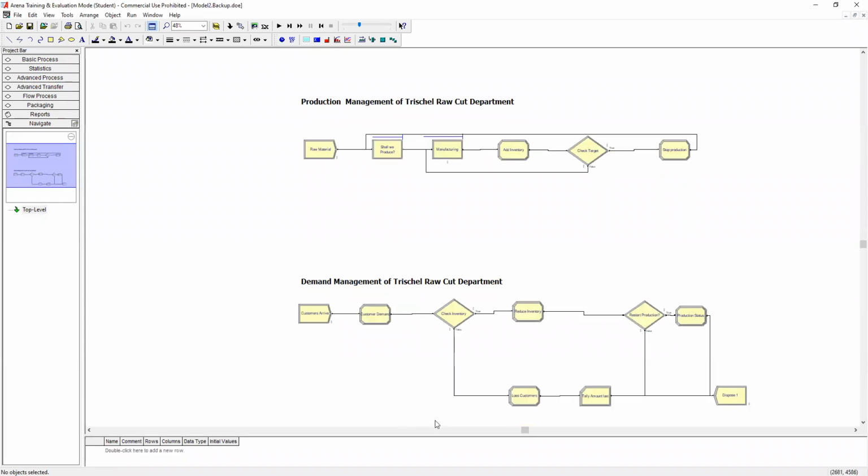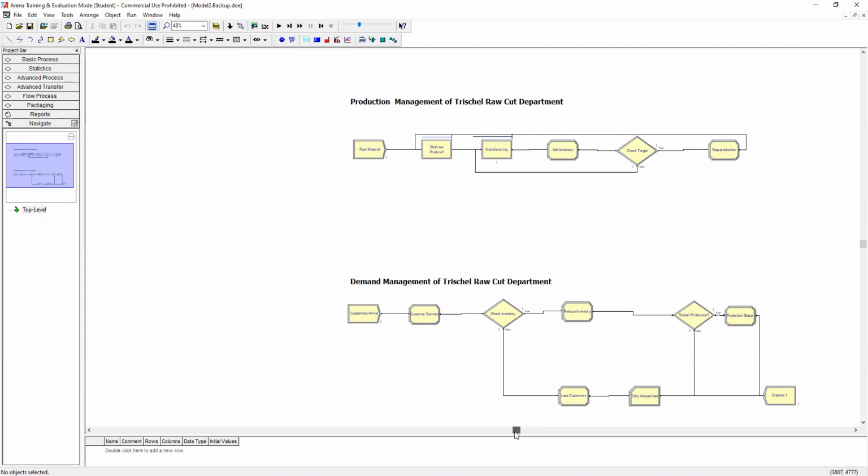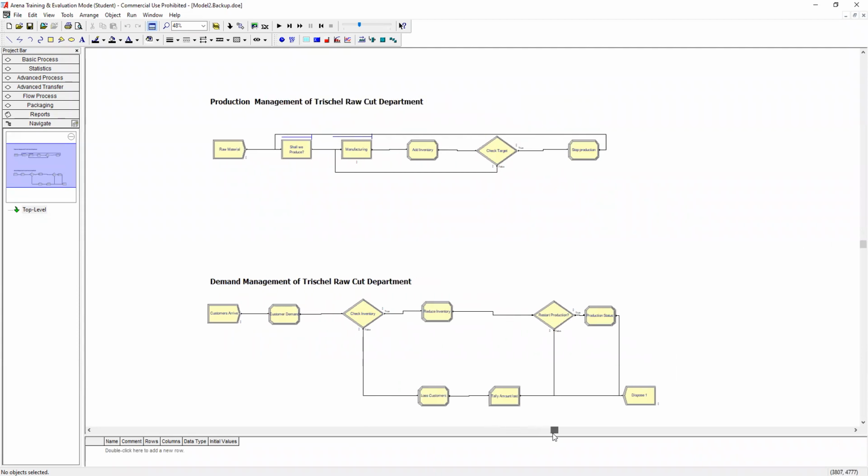Okay, today I'm going to show you the system, or the simulation, that I have built through Arena. Mainly, this simulation